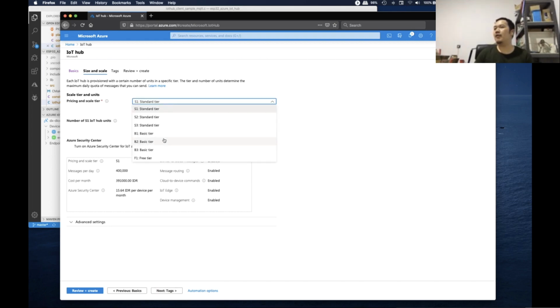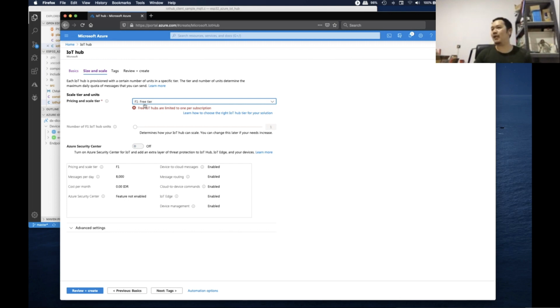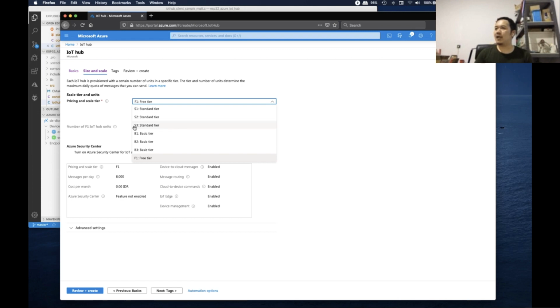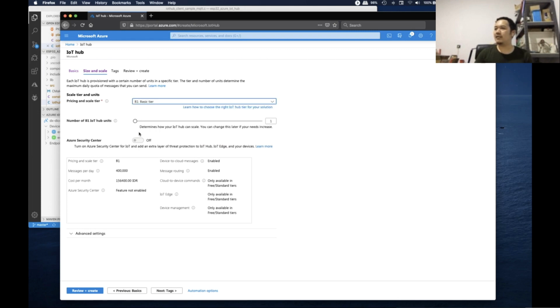For example, for the first ever IoT Hub in your subscription, you can choose free trial. But I cannot choose that because I already created a free trial long before, so I cannot choose it again. So I have to choose another scale. For example, if I choose a basic tier,